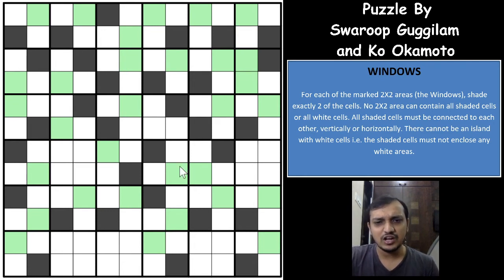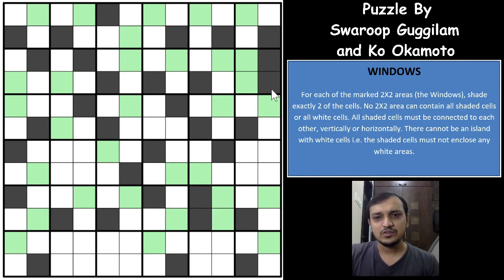Same way, when you have two white cells, a row or a column gap in between, and one white and one black cell, then this cell cannot be white, because then you will form a 2 by 2 group of white cells, or you would form a checkerboard pattern, which means this cell has to be a shaded cell. And now with that, this puzzle becomes very easy. So you'll have to make sure that you don't form the checkerboard pattern.